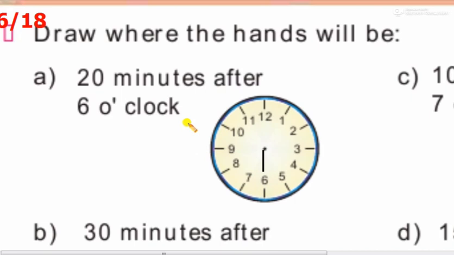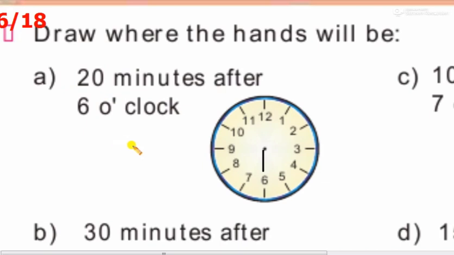Now we have to draw the minute hand. So the question is, where should it be? We see 20 minutes have passed. So for this you can easily find out how many steps it should have moved. I told you last time, in moving from one number to the next number it takes 5 minutes. So here total minutes are 20. So it means we have to find a number which when multiplied with 5 gives 20.